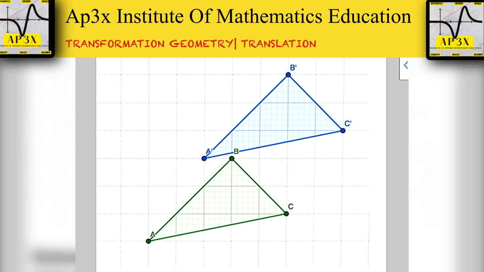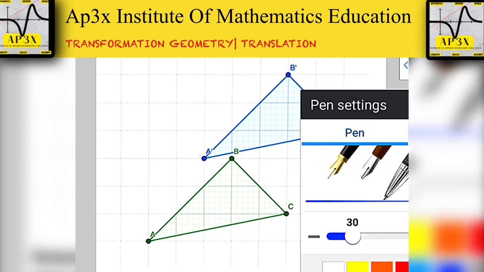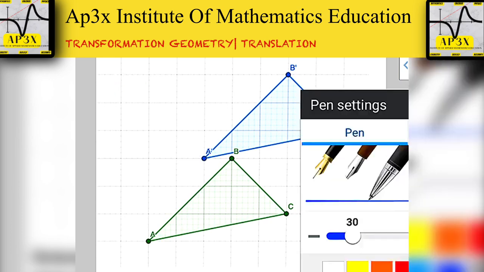For enlargement, very similar to that of rotation, you're going to have to state not only the fact that it's an enlargement, but you must state the scale factor as positive or negative. In fact, if you name the scale factor, then it automatically tells you if it's a magnification or a reduction. And you must state, most importantly, the center of enlargement. So for this, we must state, obviously, that ABC, here we have to write it as a sentence. So we're going to say here that